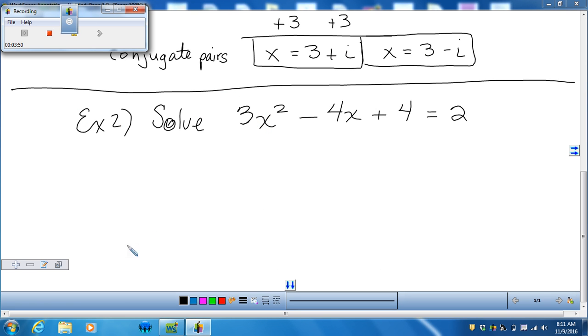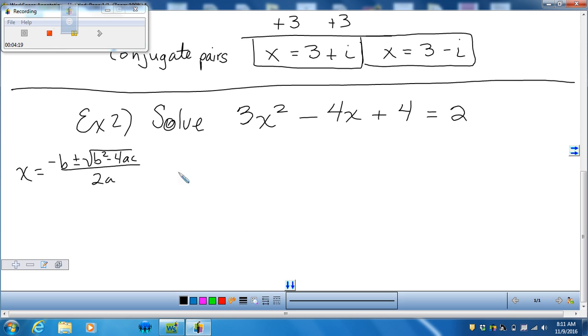Okay, example 2. This time we have a quadratic. Solve 3x squared minus 4x plus 4 equals 2. This time I'm going to solve it using the quadratic formula, which is x equals negative b plus or minus the square root of b squared minus 4ac, divided by 2a. When you're using the quadratic formula, remember that it must be equal to 0. So I need to move that 2 to the other side, so that we will have 3x squared minus 4x